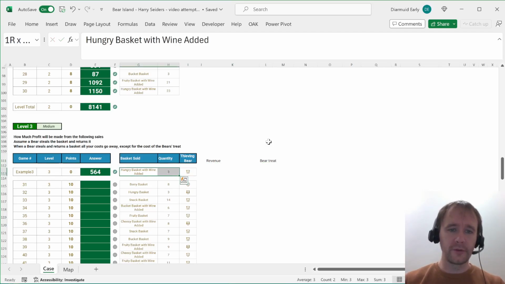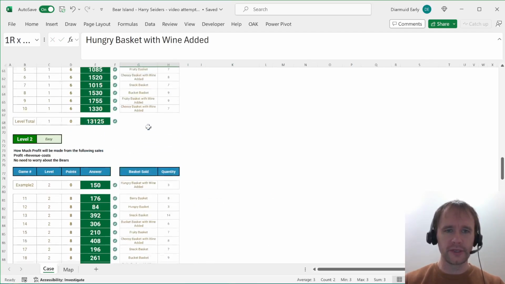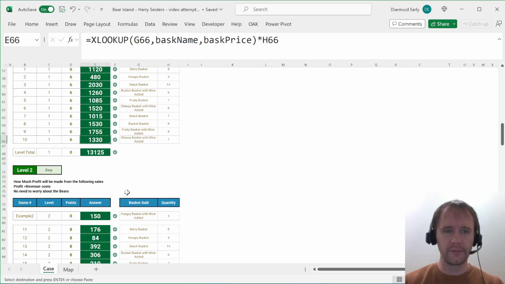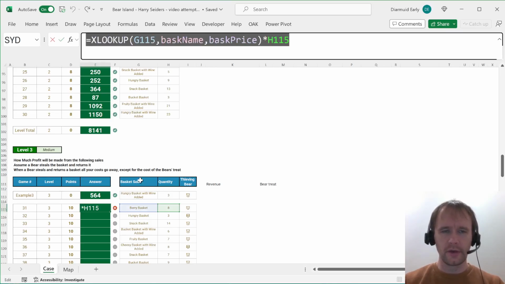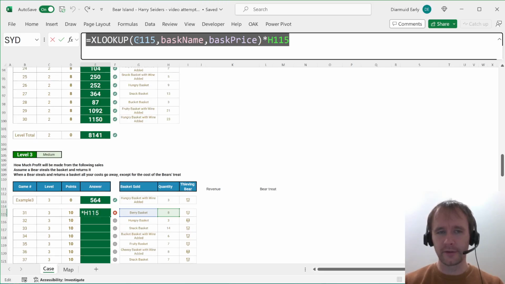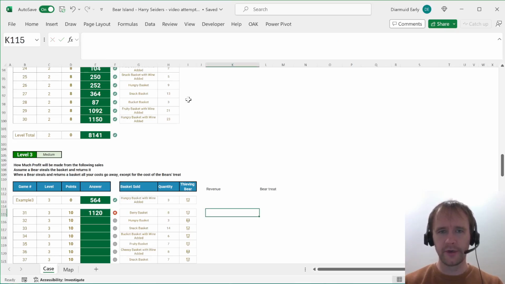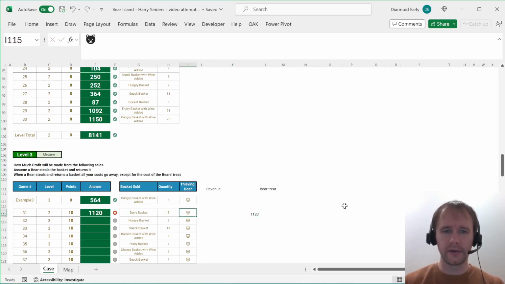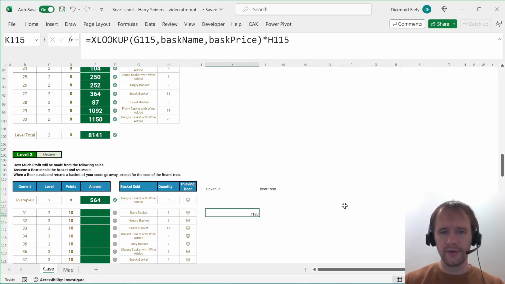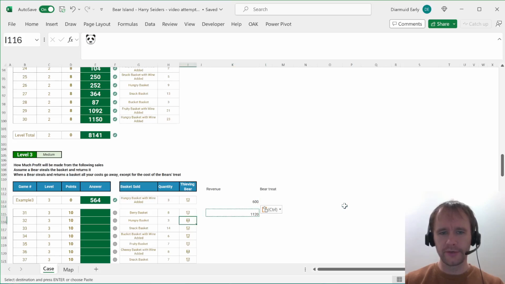And the revenue is going to be a function of the basket sold and the quantity, which is actually exactly the formula that we had up here. So I'm just going to copy that down. I'll put it in here, even though that'll give me the wrong answer, but I copied the cell and pasted it in here so that the references would copy down. But now I'm going to copy the formula text and put it over here so that the references stay exactly the same rather than moving to cells to the right of here. So that's the revenue, and then we just need to figure out the cost of the bear